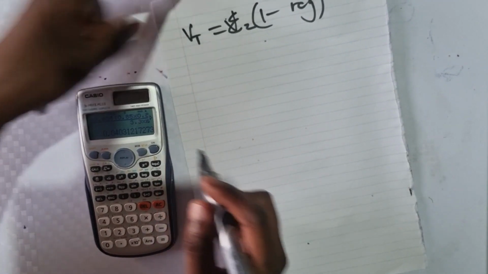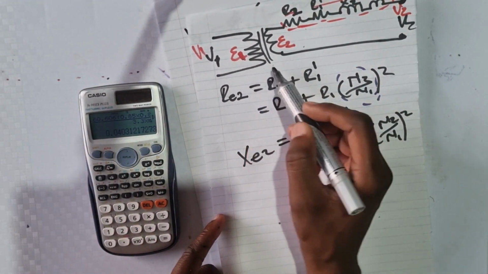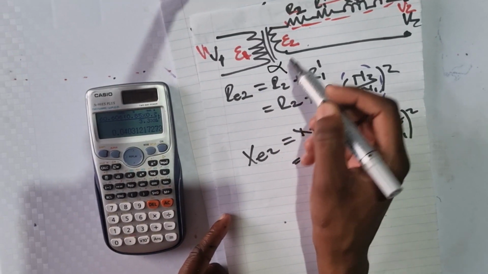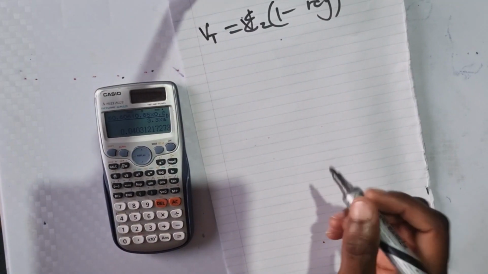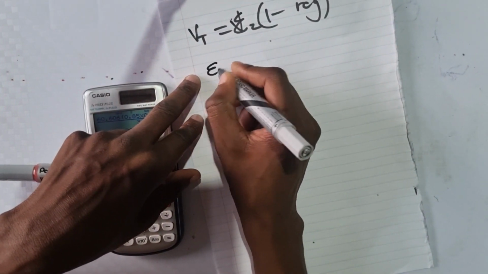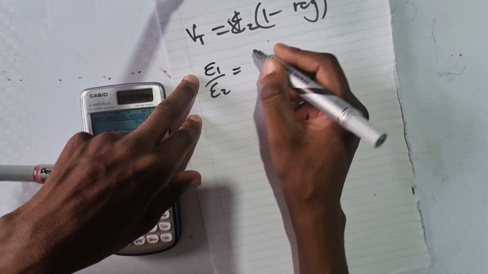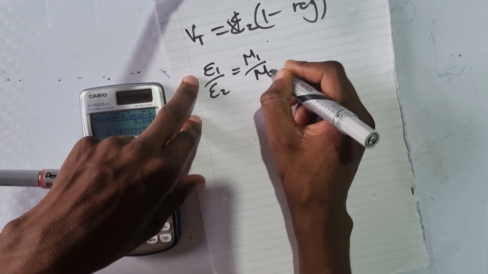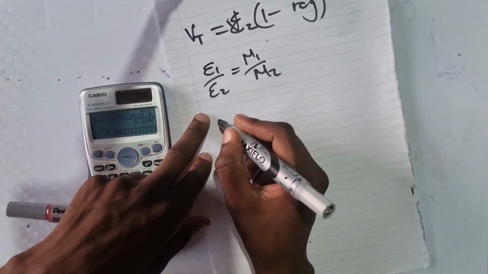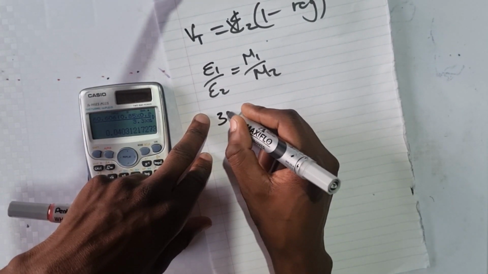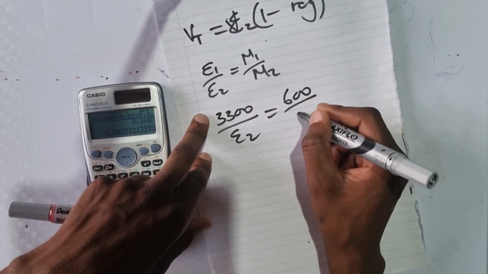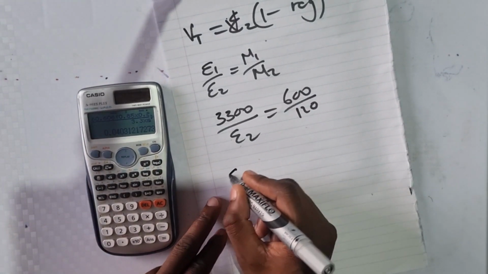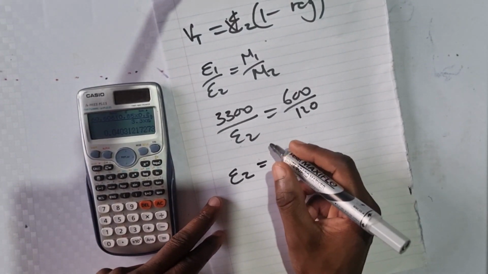So to calculate E2, remember, if we have E1, we use the transformer ratio to calculate what? E2. So E1 over E2 is equal to N1 over N2. So we have E1, which is 3.3 kV, over E2, and then N1 over N2 is 600 over 120, and then we calculate E2 here, which is going to give us